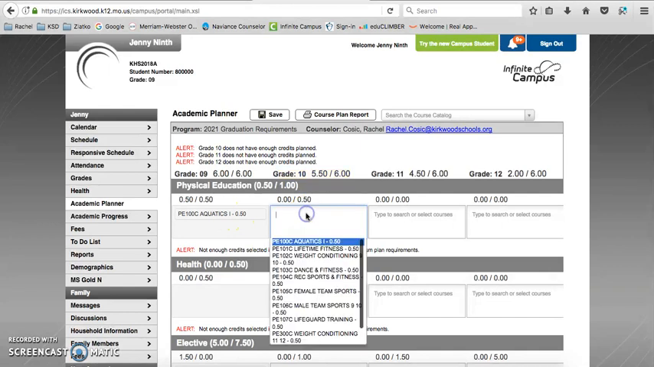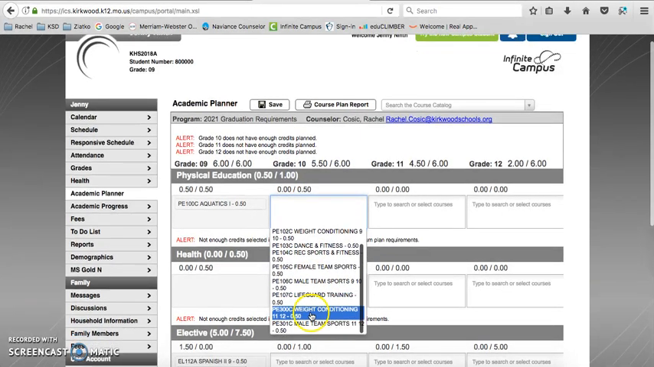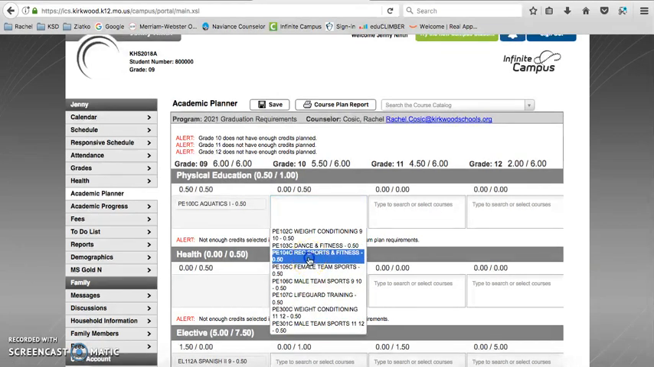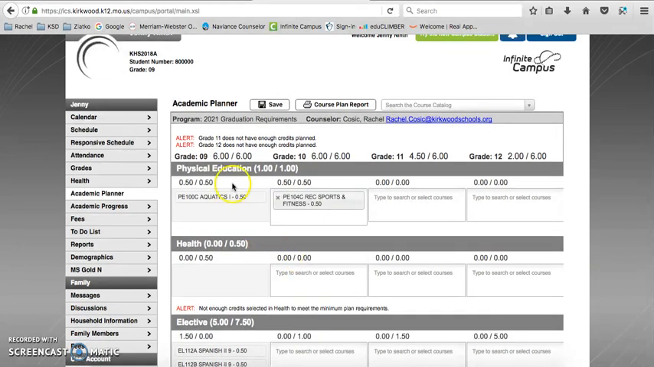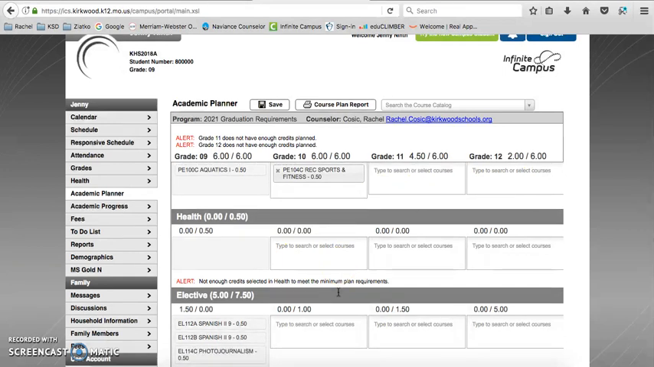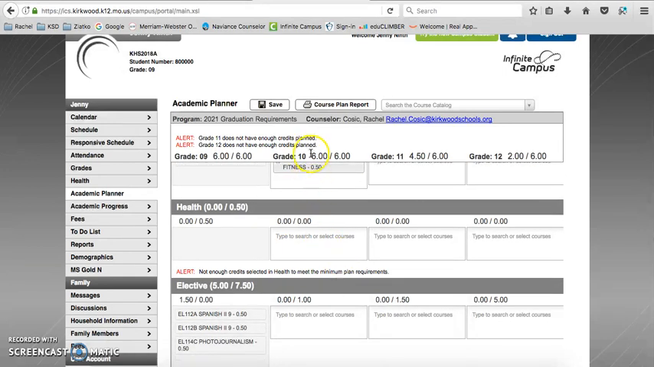They want to get their other semester of PE done so they don't have to take any more PE, and they're going to try the recreational sports class. So that's going to fulfill their 1 full credit of PE needed. They don't need to take PE anymore for the rest of high school. And you can see now they have the 6 out of 6 credits they need,